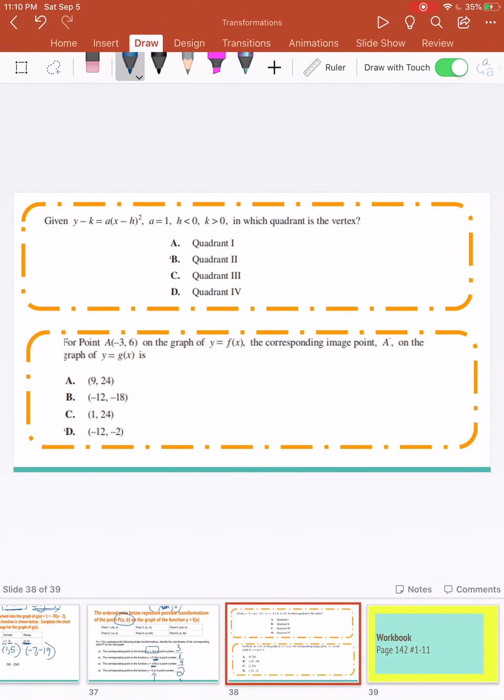Okay, so given y minus k, which coordinate is the vertex? So